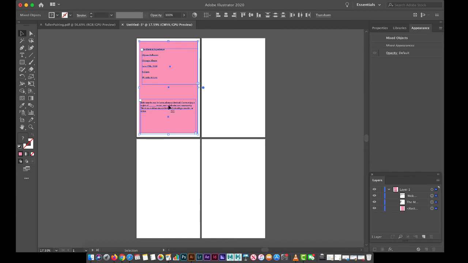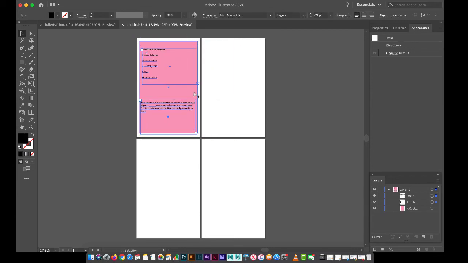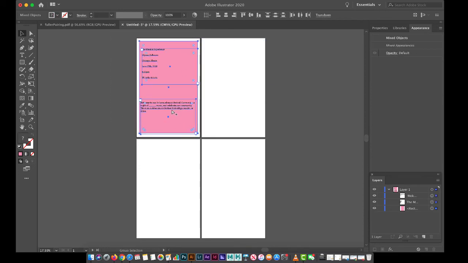But what I can then do is select everything, Command Alt and click, Command Alt and Shift and click and drag. And what that does is it keeps it in alignment with my last one. And it's copying only my bottom layer. Let's select this all again. Command Alt Shift, click and drag.